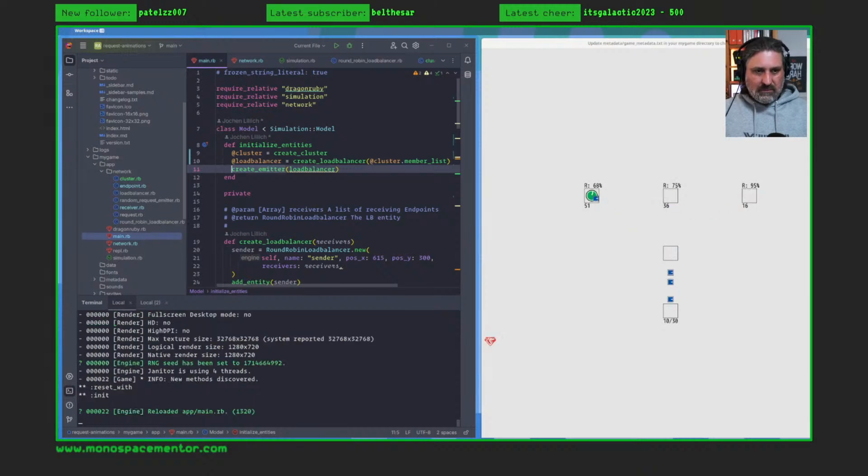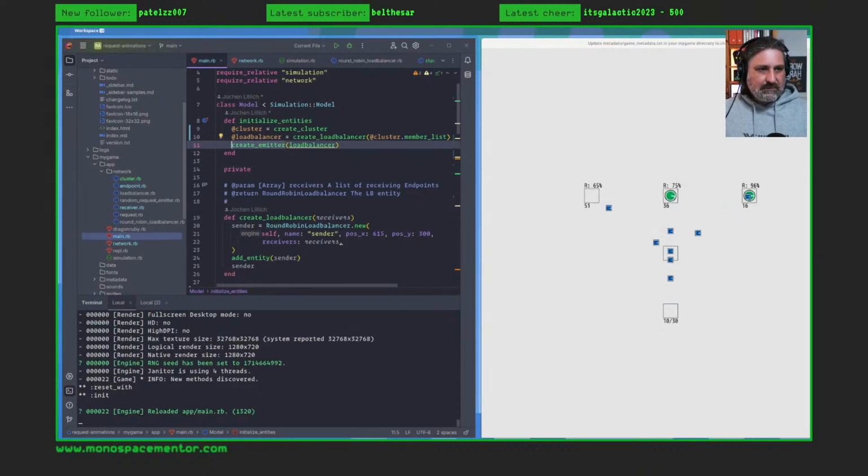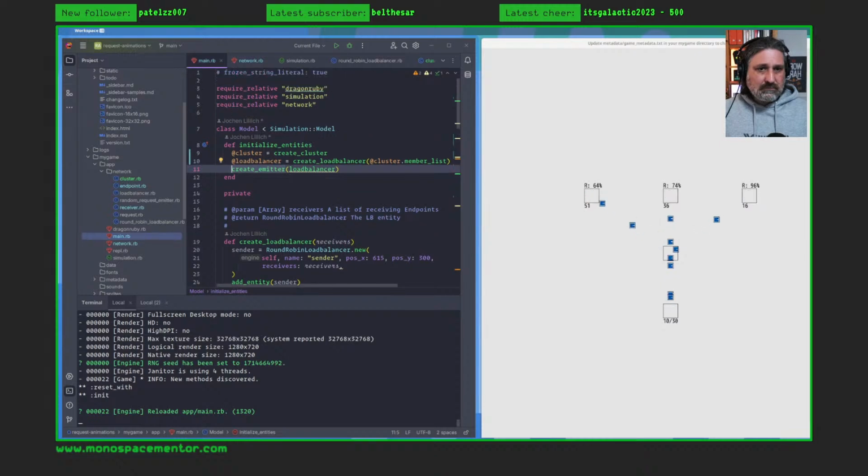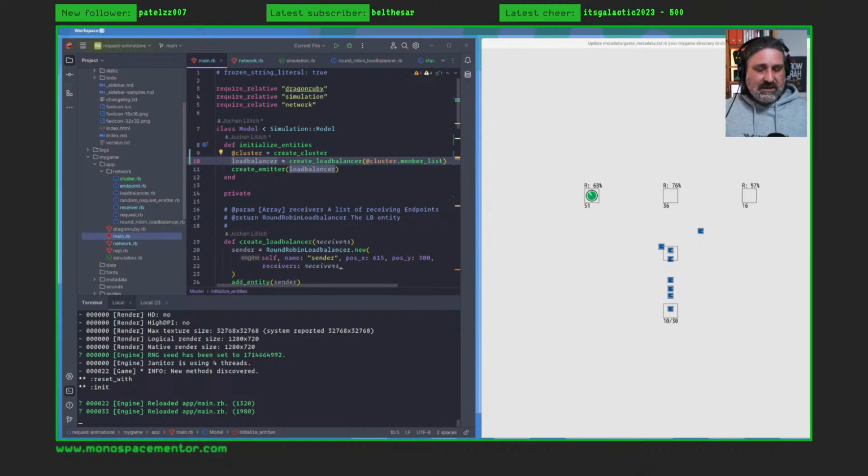And well, let's leave the emitter as it is right now. We don't need a handle on that. And actually, if we don't need a handle on the load balancer yet, we need it next time when we build the dynamic change of load balancer backends, but